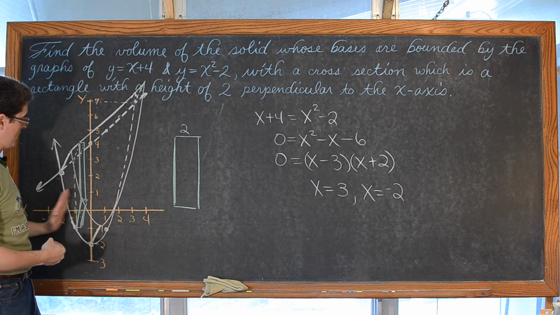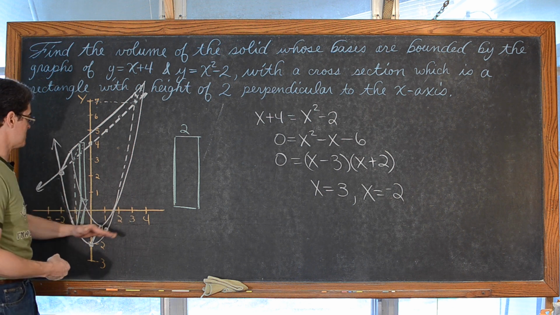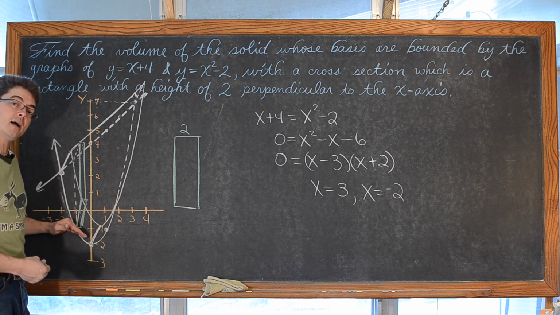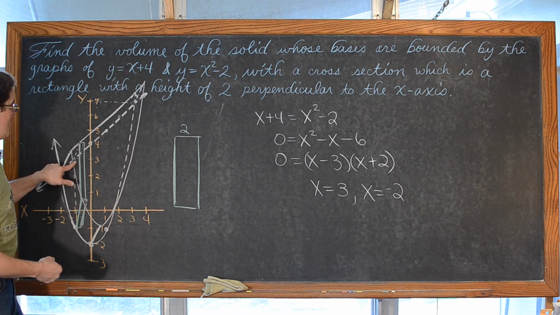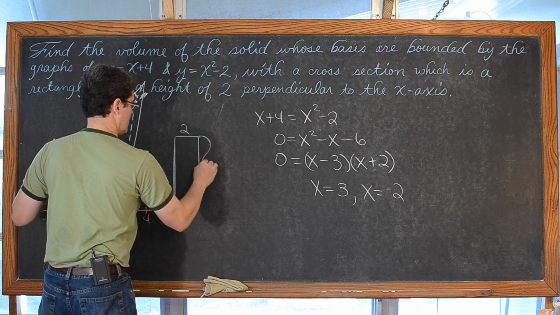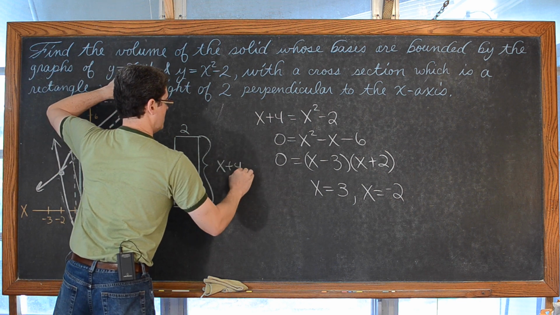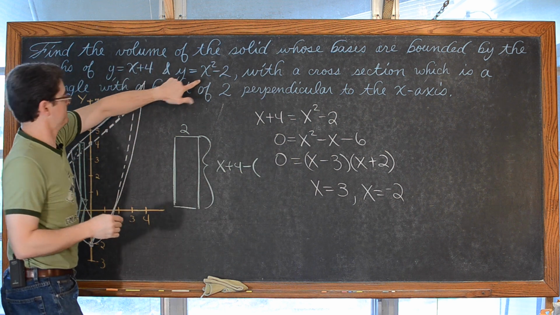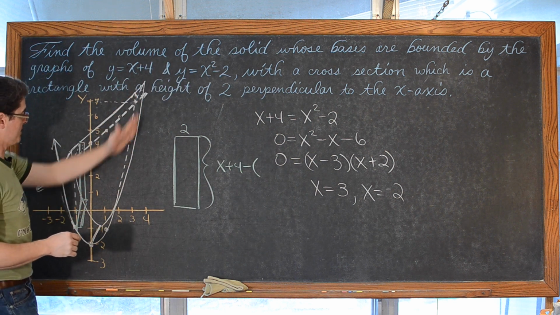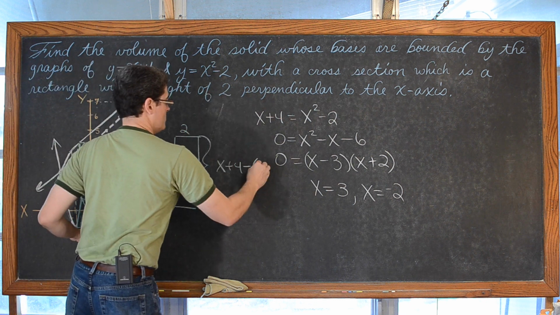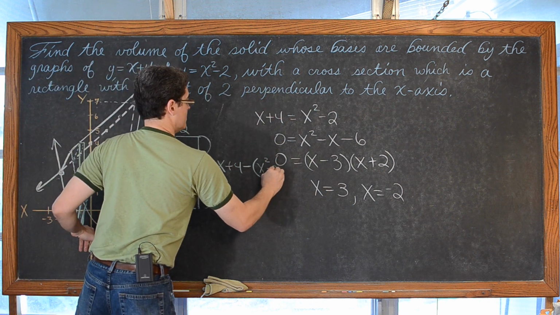Well, when we found area between 2 curves on a plane region, 2-dimensional, we had to take the greater. Now remember, we're integrating with respect to x, so we're looking for x's and then getting from that y values, and we took the greater y value and subtracted the lower y value. So the line is the greater function, so this length is going to be x plus 4 minus the y value that we're getting from the parabola that is below the line, and that is going to give us a y value of x squared minus 2.